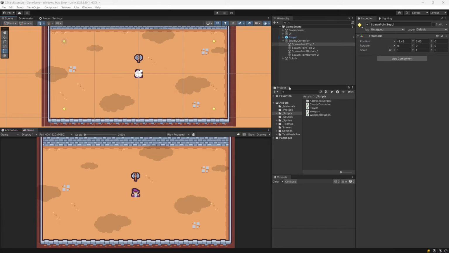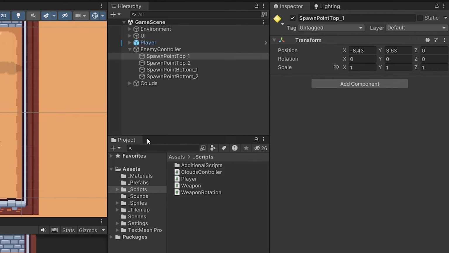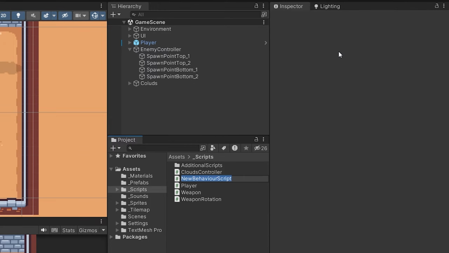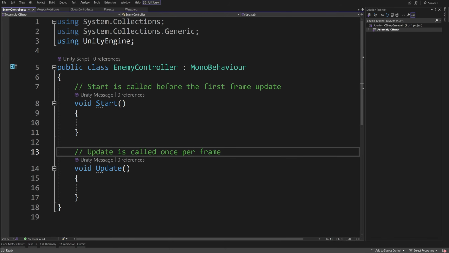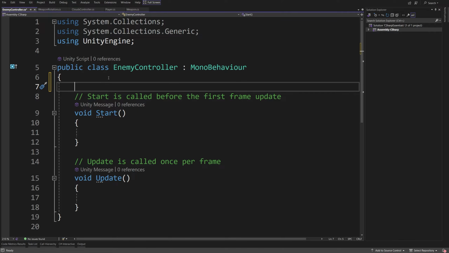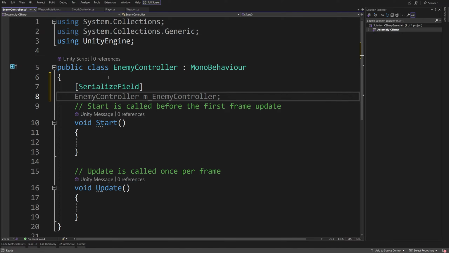To add this logic to our game, we first need to create a new script. So let's go to our Scripts folder in the Project tab, right click, create a new C# script, and call it EnemyController. Again, for scripts, we use capital letters for each separate word, and let's open this up. Great. At the top, inside the class scope, we are going to define some variables. Let's create a serialized field, and we can use enter to autocomplete and arrow to go to the right,